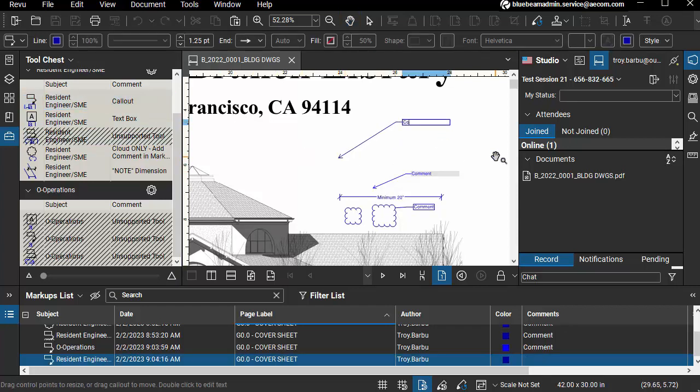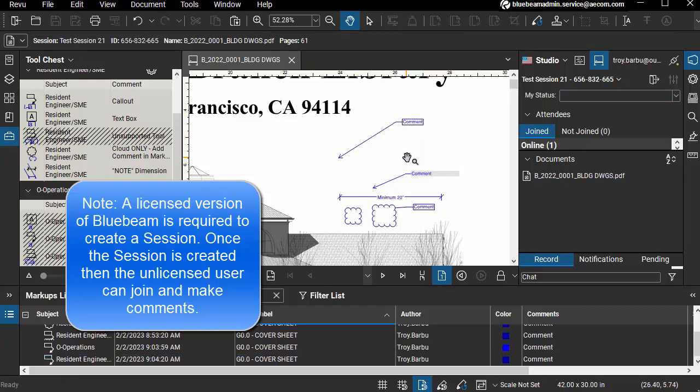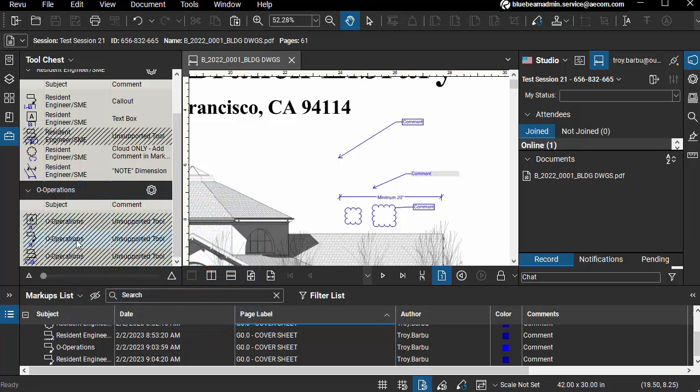I can still add a comment. Again, I don't have a license, but I can still join this session. And because I'm in this session, I can still add a comment. But the reason that it's working, and the reason that you see this callout down here is not working,